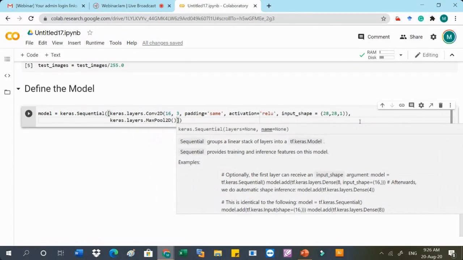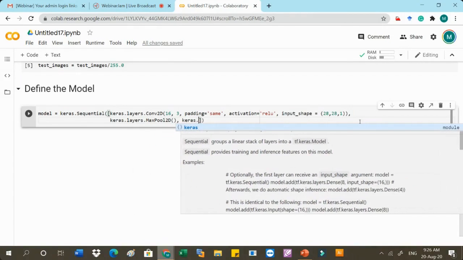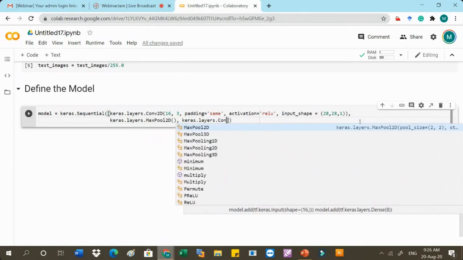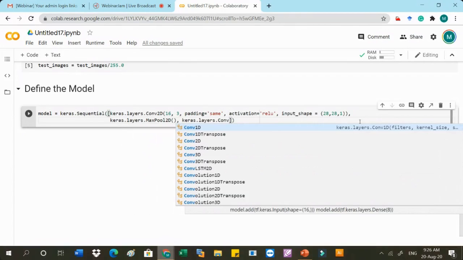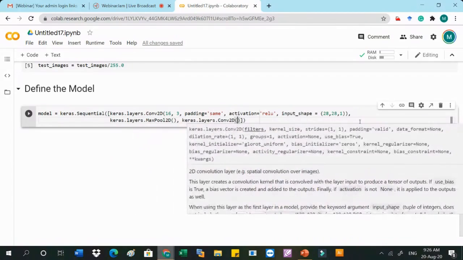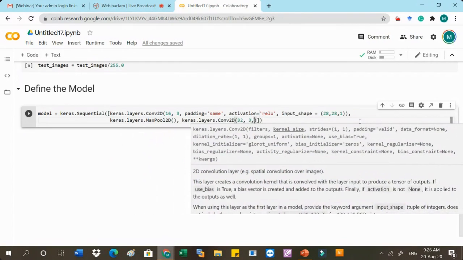Once we have defined the max pooling, the next layer is again convolution 2D. So we will write keras.layers.Conv2D. Then within this, what do we have to define? The first is the number of filters, which is 32. Then the size of the filter, we are also using 3 by 3.